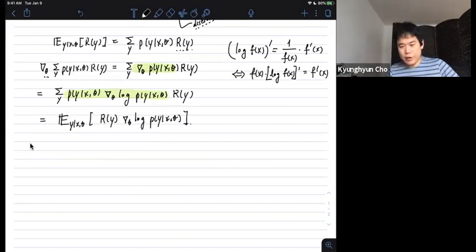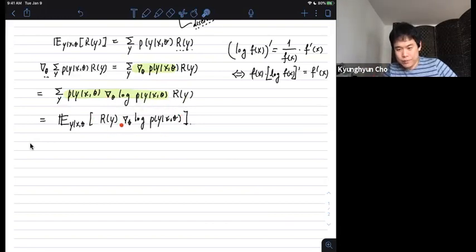So this is how we can write it. Why is that? Because we have p of y given x and theta outside, meaning that we are in fact computing the expectation of the remaining terms. And these remaining terms correspond to computing the gradient of an individual possible outcome,